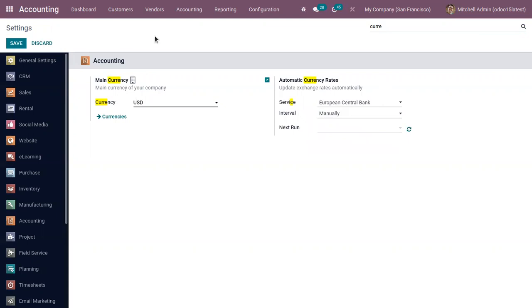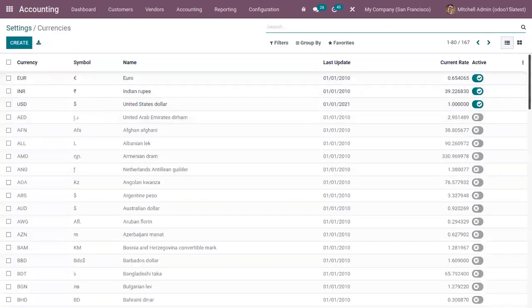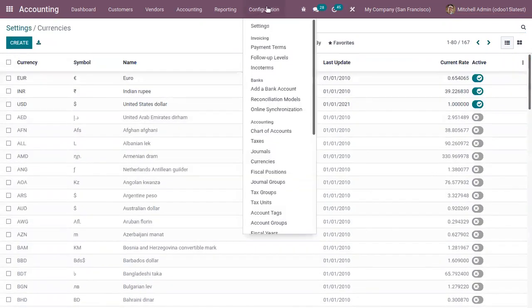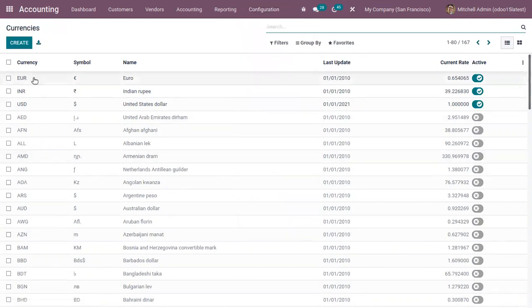So now we can click on this currencies, and you can view all the currencies configured in Odoo and all the active currencies. Here under configuration also you can see the menu currencies under accounting. So you can see we have 3 active currencies: Euro, Indian rupee, then USD.